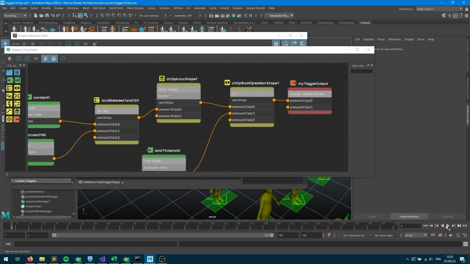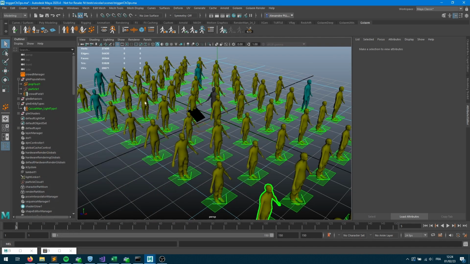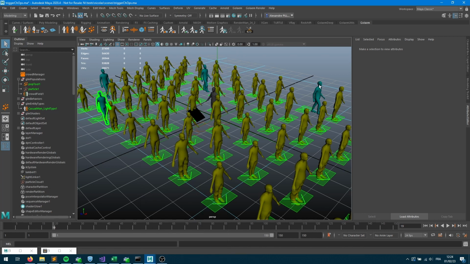And now if we run the graph and pick a character, let's go back to the previous frame, my random number here is going to be 67 for that character. It will be remembered there. And at the next frame, even if the random value changes, we can see that we've remembered only that first value we had in the system. So if we look at the simulation, we would expect some characters to turn blue, because those will end up with a value below 10%. So now we have 4 characters running that motion behavior, and we've reproduced that